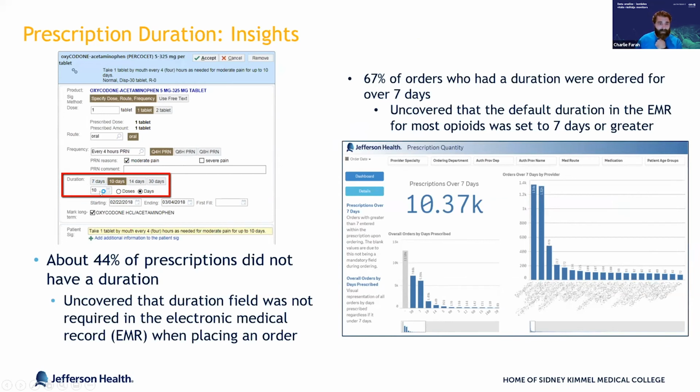So patients may have received these drugs for a long time, because it just wasn't a field that was required. It wasn't a mandatory field. So that had a direct impact on patients receiving drugs for longer periods than necessary. So it's just a way to track these, and again, put policy changes or changes to practices